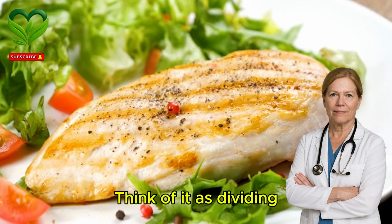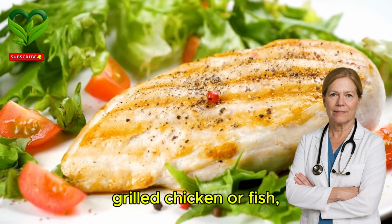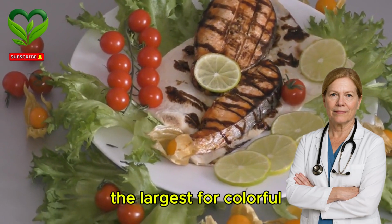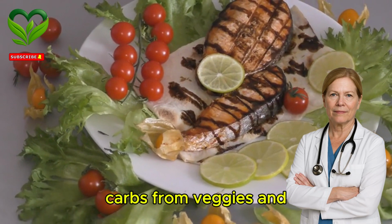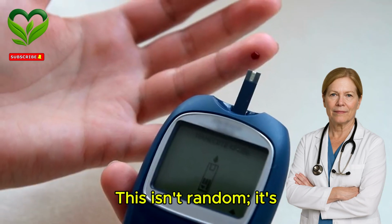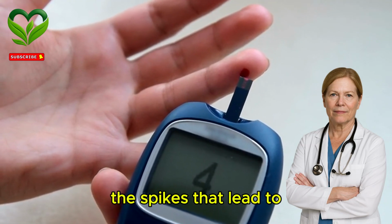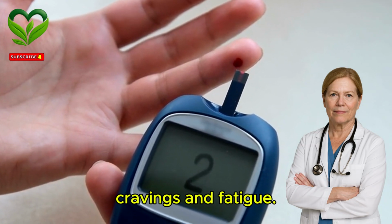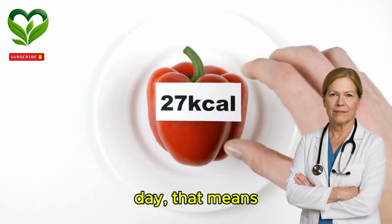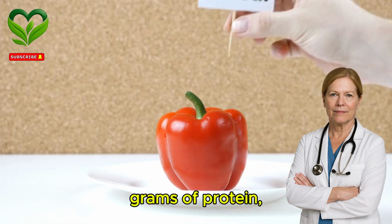Think of it as dividing your plate into thirds, one for lean proteins like grilled chicken or fish, another for healthy fats from avocados or nuts, and the largest for colorful carbs from veggies and fruits, with a sprinkle of whole grains. This isn't random, it's designed to keep blood sugar steady, avoiding the spikes that lead to cravings and fatigue. For a 2,000 calorie day, that means about 200 grams of carbs, 150 grams of protein, and 67 grams